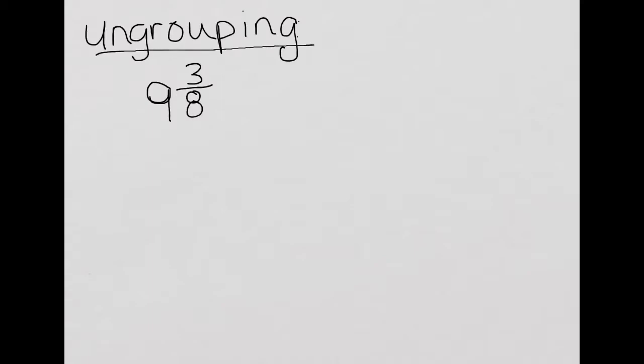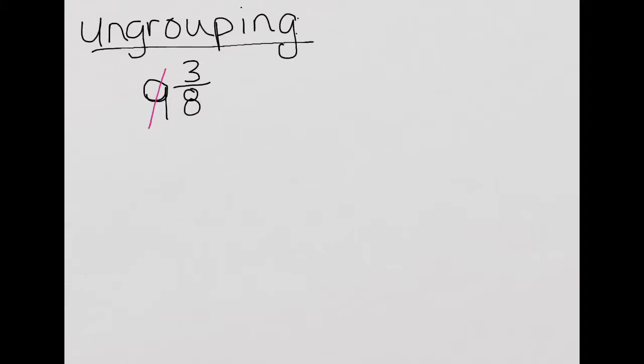And this is when we need to be able to subtract. So we're going to have to ungroup. I always say to the kids in terms of thinking about subtraction, we're going to borrow a whole. When we have this fraction, we know that one whole in this fraction is equal to 8/8. So we're going to borrow one whole from this. Our whole number then is going to become an 8. And then we're going to add a whole in fraction form, which we know a whole in this one is